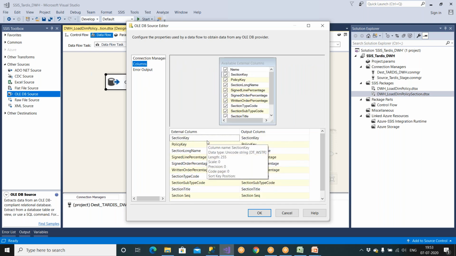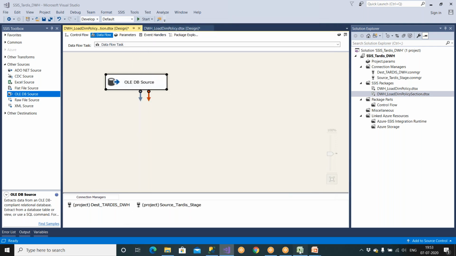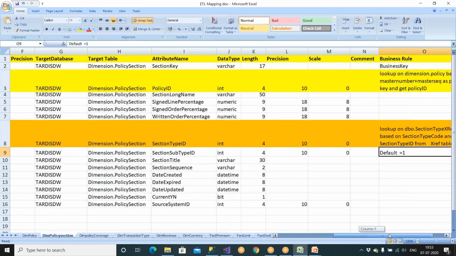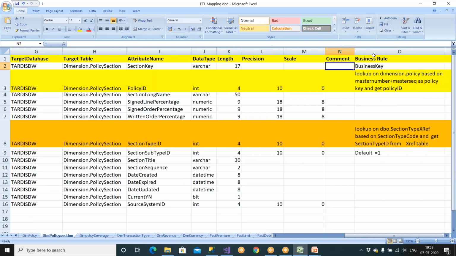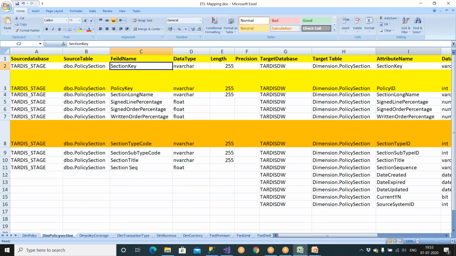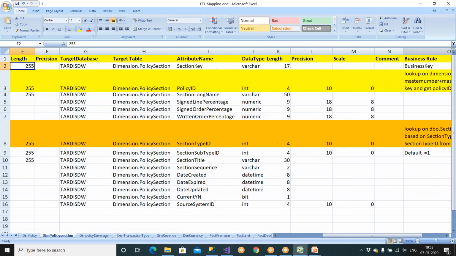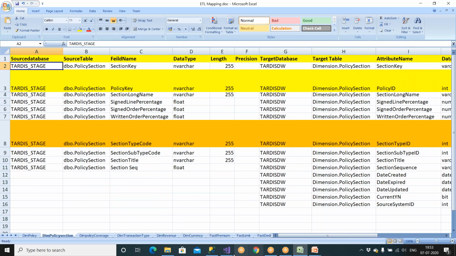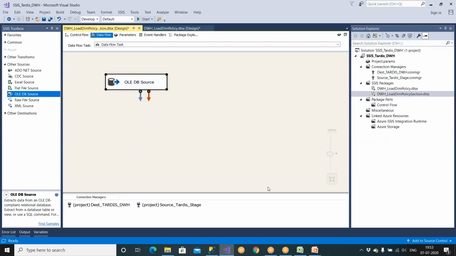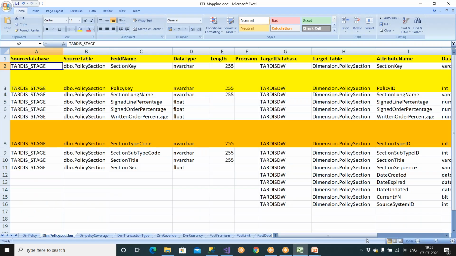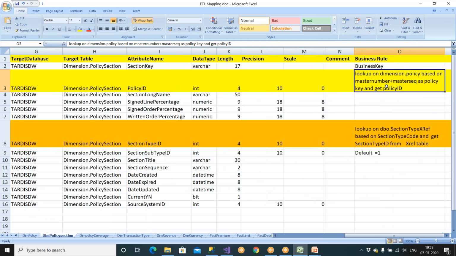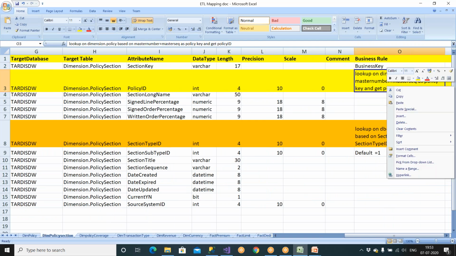I have a section key, policy key, and so on. What is the primary key in this table? If you see carefully, the primary key is the business key, that is, the section key itself is the primary key in the source table. Clear? So here also the section key will be the primary key, that's fine, business key. Now I want to take the data, and next we have to plan this rule. Let me copy this